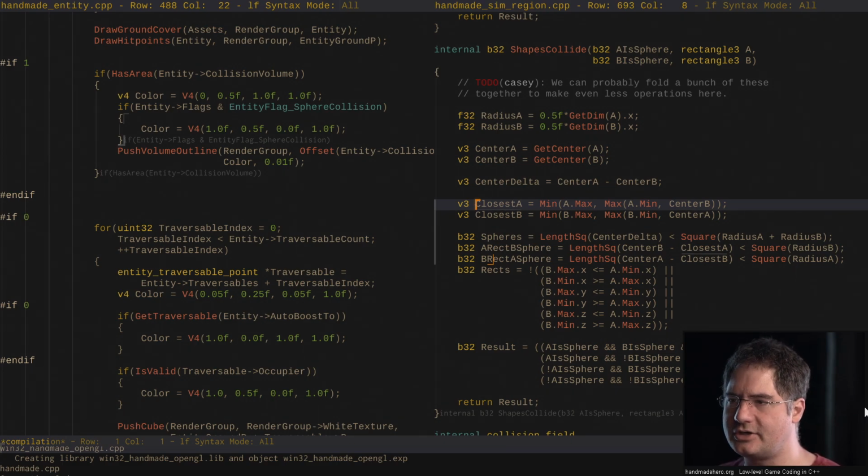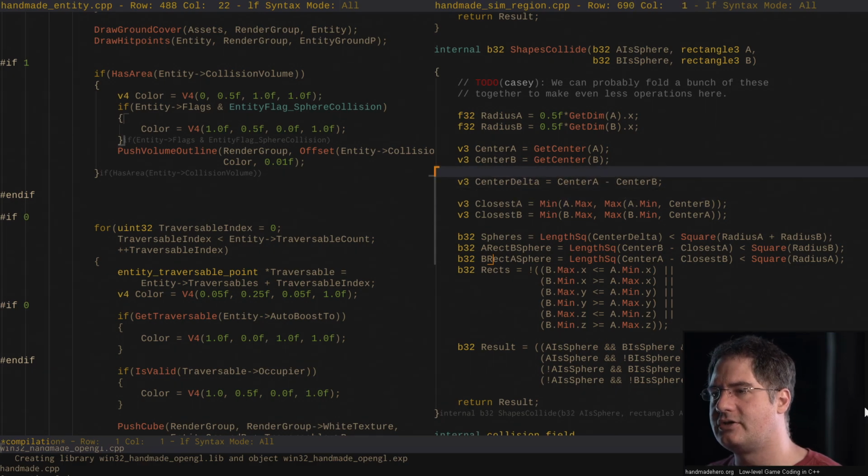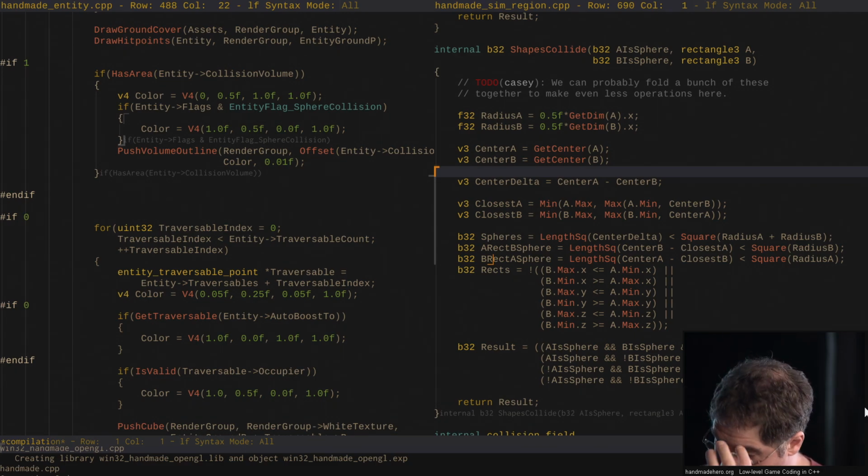So I think that's all good, and that all looks pretty solid. So really what I would like to do here is some diagramming. And again, it's the hardest thing in Handmade Hero because we really haven't built out anything for it. But what I'd like to be able to do,